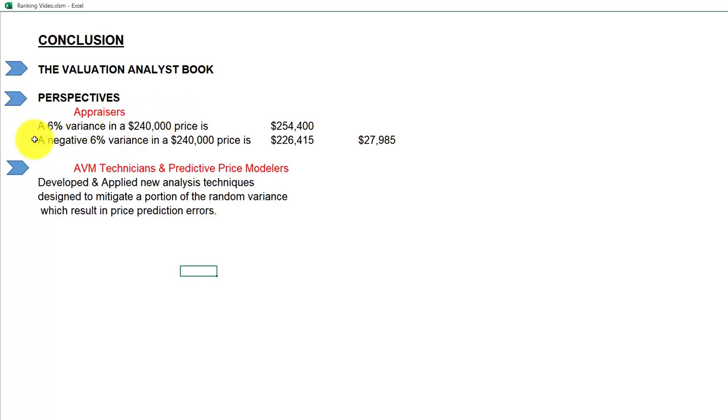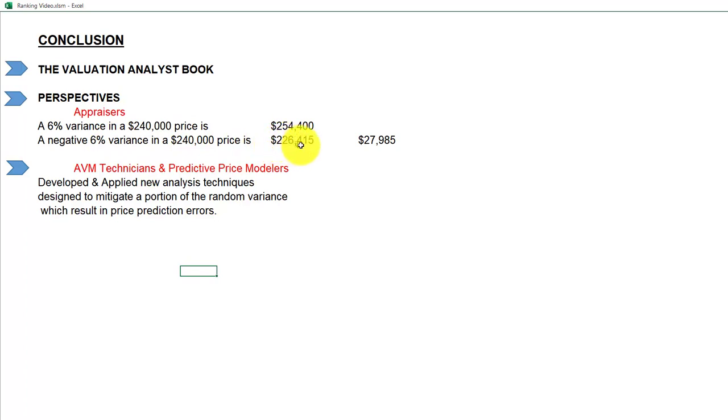And I want to look at what a plus or minus 6% variance is for a $240,000 property. So you add the plus 6%, you go to 254. You take a negative 6%, then you're to 226.